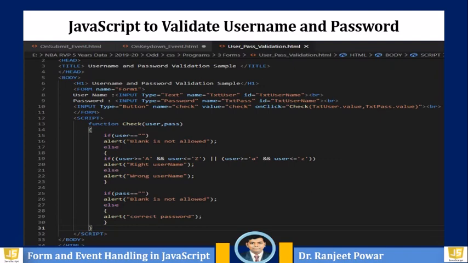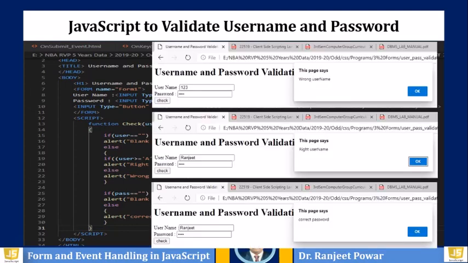When the username is entered as 123, meaning numeric data, it shows a wrong username. And when the password is characters and the length is greater than 3, it shows a correct password message. This example illustrates a simple username and password validation form. We can add other validations also using the onChange, onBlur, onFocus and other events in the form.